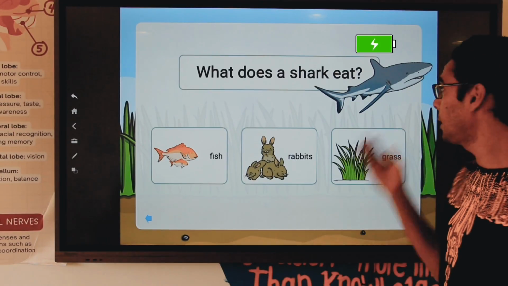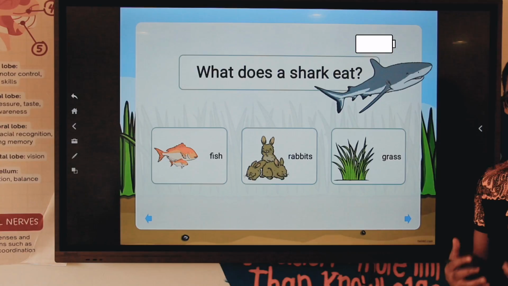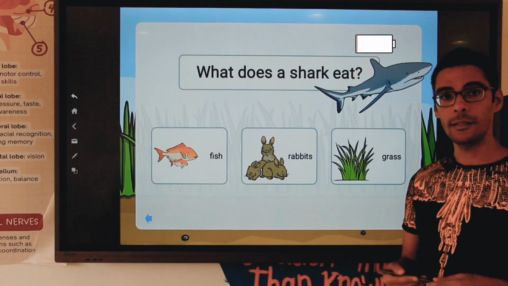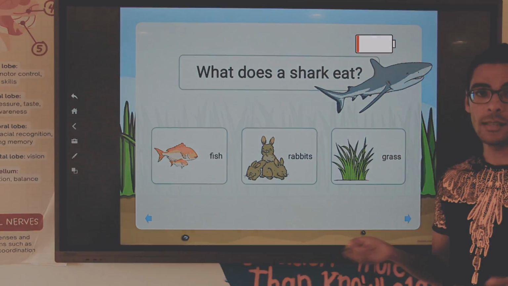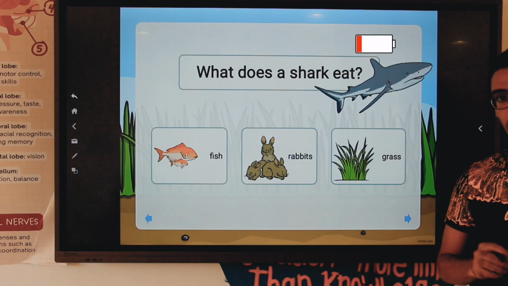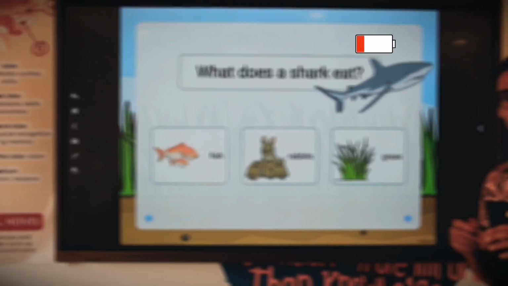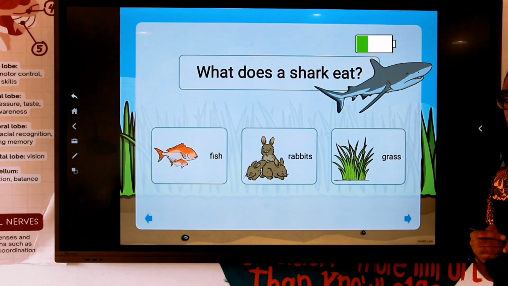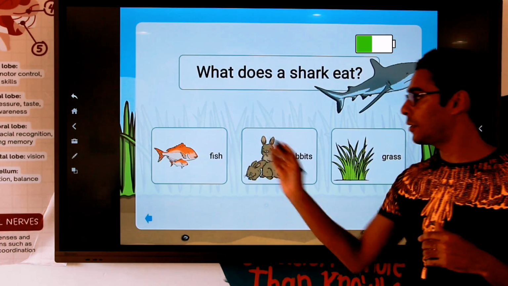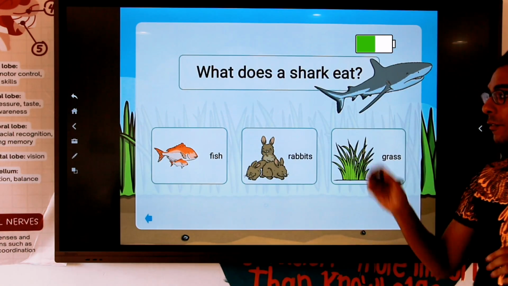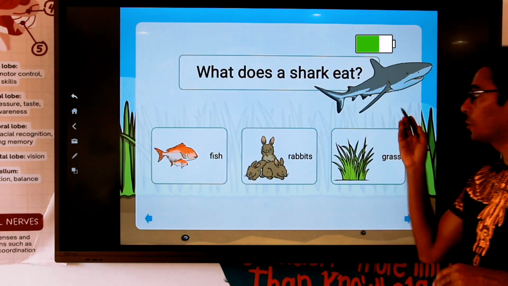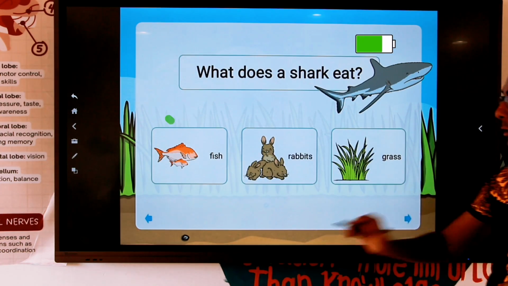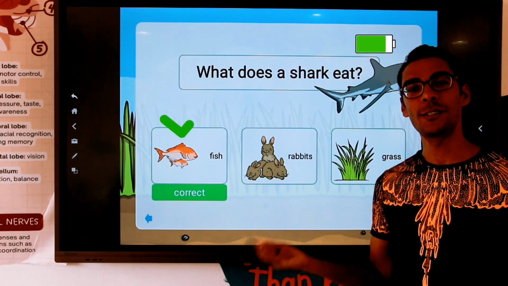Even the aquatic creatures are looking for a source of energy. The shark is one of the living organisms that live in oceans and seas. They might be looking for a source of energy. Can they eat grass? Actually, they are not grass eaters. So they might be looking for one of these animals to eat. So which one of them is suitable for the habitat that the shark lives in? I guess your answer is correct. If it's the fish, give yourself a big hand.